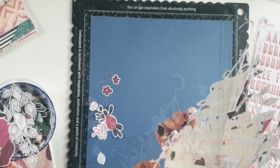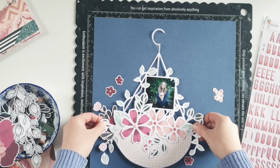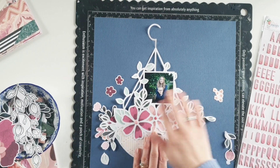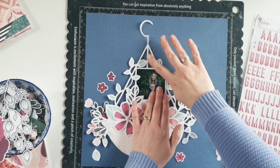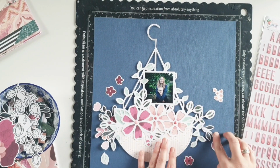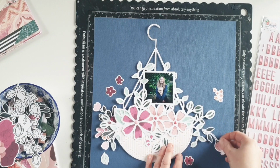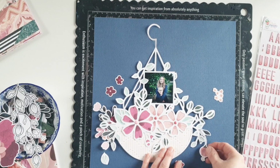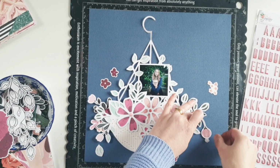I'll just get rid of all that foam tape. There we go. So you can see it's been mounted beautifully. I haven't mounted the top hook yet. I don't want to actually do that. I actually want to glue that straight down flat, just so it doesn't move. I don't like the idea of that looking like, at the moment it looks like it's sort of a bit just popping out on its own and there's no reason and no need and it's sort of distracting. So I will glue that down in a moment, but first, just committing with these florals,